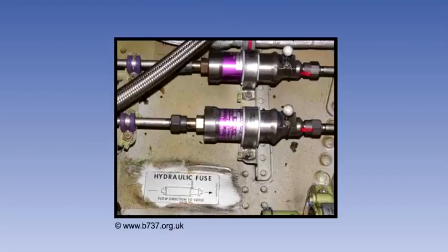Modern jet aircraft are dependent on their hydraulic systems, not only for raising and lowering the landing gear, but for flight controls and many other services. For this reason, most aircraft use more than one hydraulic system, and in these systems, provision is made to fuse or block lines, particularly those in vulnerable areas, if a serious leak should occur. The devices used to do this are known as hydraulic fuses.